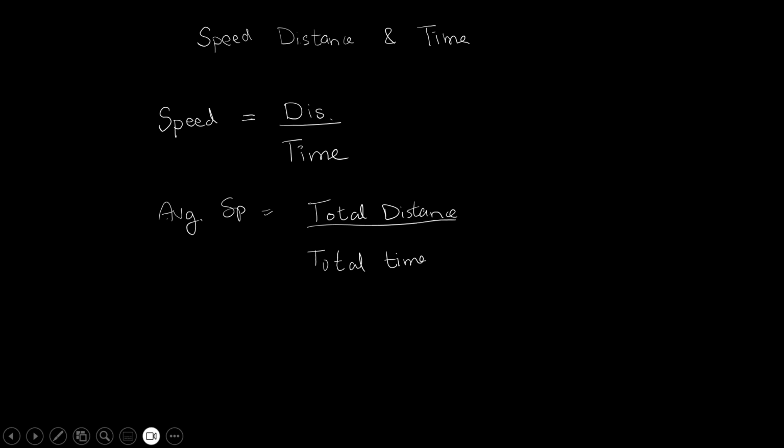Now, whenever a car or a person moves with different speeds in different intervals and they ask you to find the average speed, don't rush it. You first have to calculate the total distance and then total time. Only then you can find the average speed. For example,